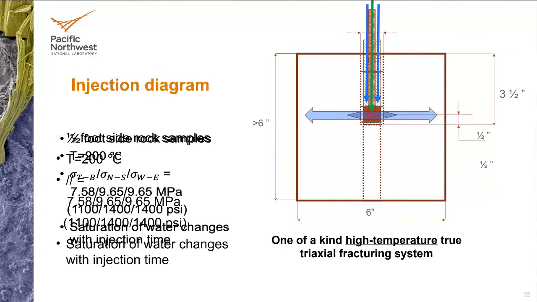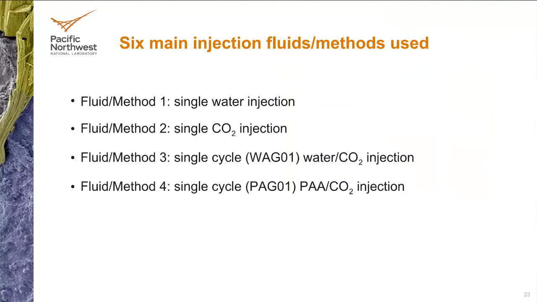So we built this system, and I don't have pictures of it, but trust me, it's a very complex system where we use flat jacks using pumps to put pressure on all sides of the rock, except for the vertical side, where we use a loading frame. It's a mechanical piston that pushes the rock down. By controlling all three stresses in all three directions of the rock, we have a more representative condition of what the rock will undergo in the